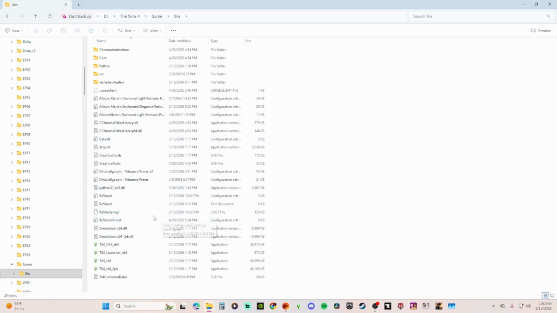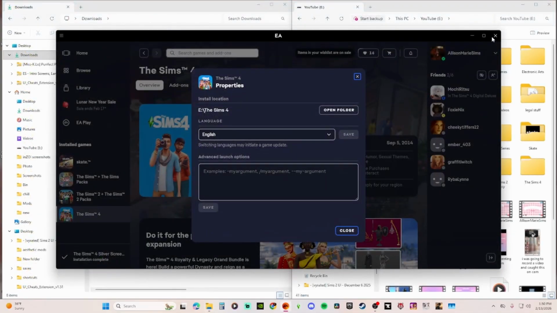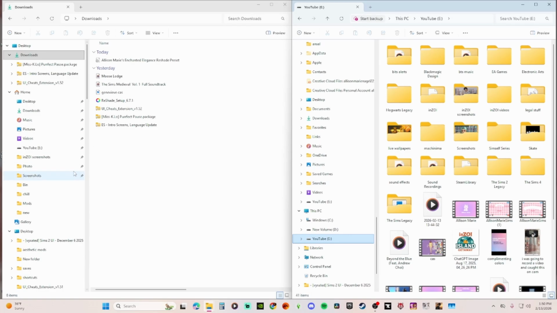I have presets already in here. We'll get to that in a little bit. I wanted to discuss this at the very beginning, so you know how you can get these if you can't find the file system. So anyways,